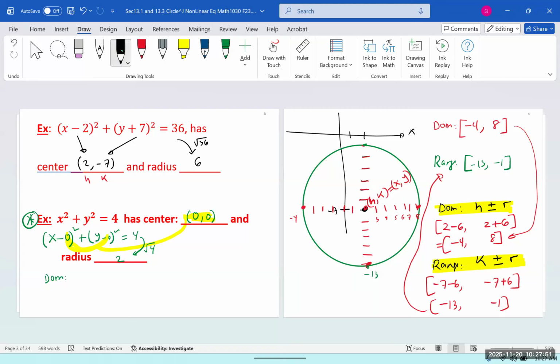What would be the domain for this circle? Negative 2 to positive 2. And range? Negative 2, positive 2. If you're not sure why,